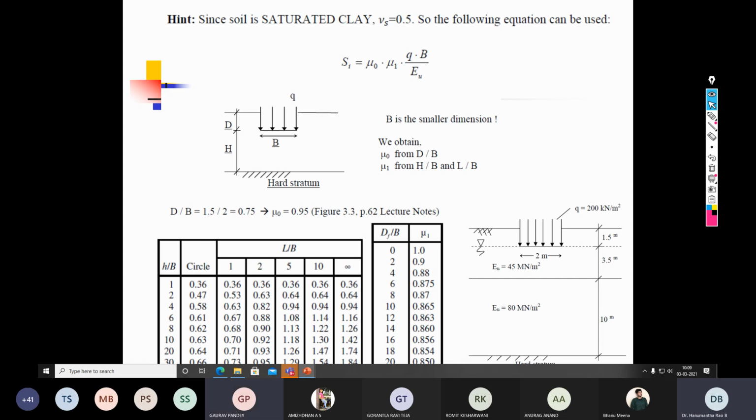No, sir, but I mean to say that in this question also, we assume that the load is transferred. First we have to calculate the settlement for that ES is equal to 45. Then we transfer the load in that area, and again we find the new Q, and again we can calculate for that ES is equal to 80 centimeters. I guess yes, we can do it. Like you have transferred the load, sir, can we transfer? I haven't seen any such cases, but still you can do it. There's no harm.